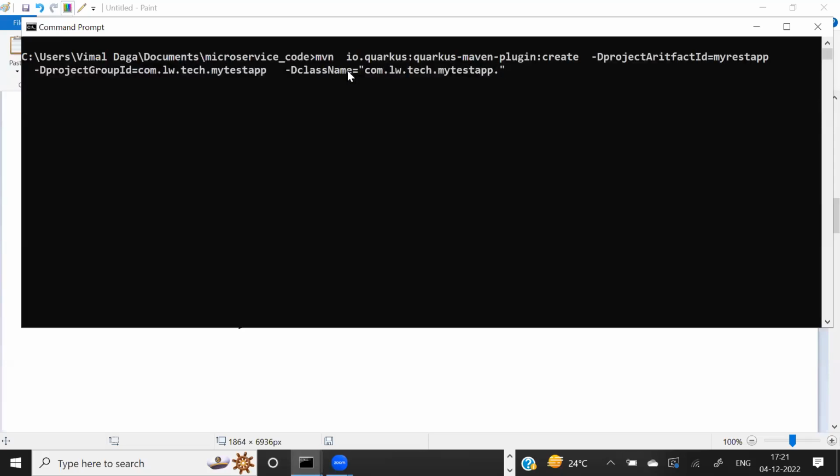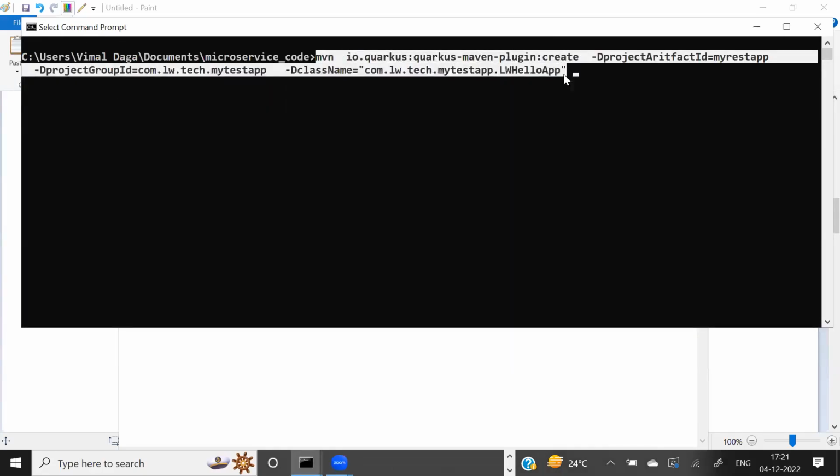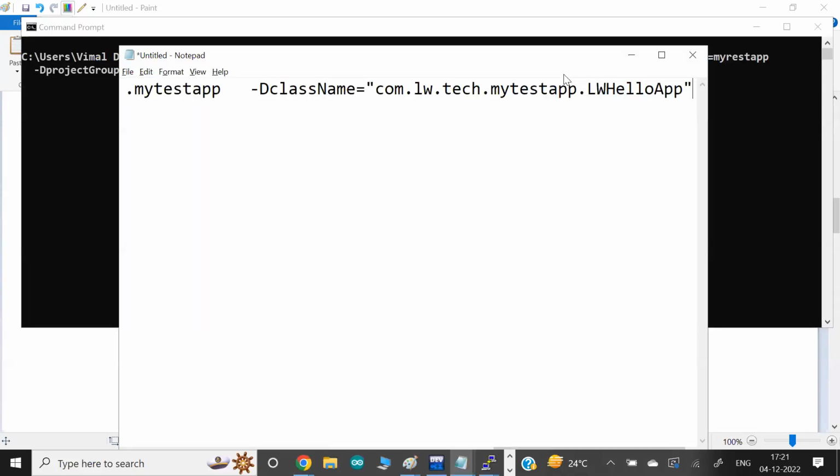Class name is like your code, and your code would be, let's say, hello app, or let's say hello. Okay, that's all. So this command, guys, we ran in the last class. Let me copy this code, so we don't have to type it again and again in the future. We keep on adding new functionality on it, but this is what we have created.